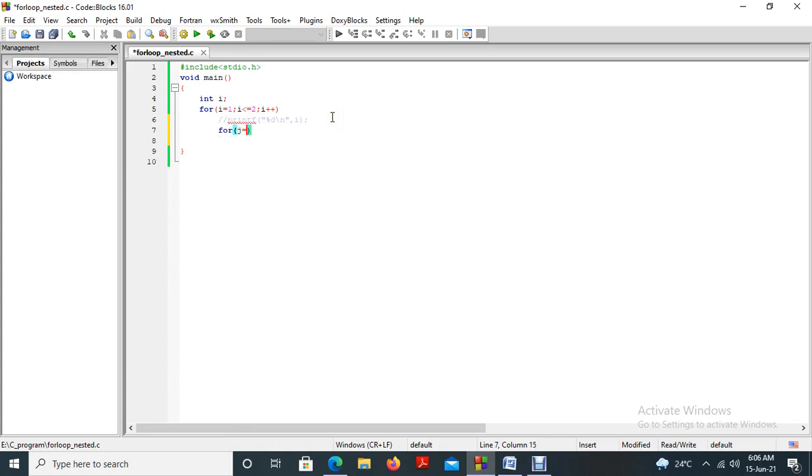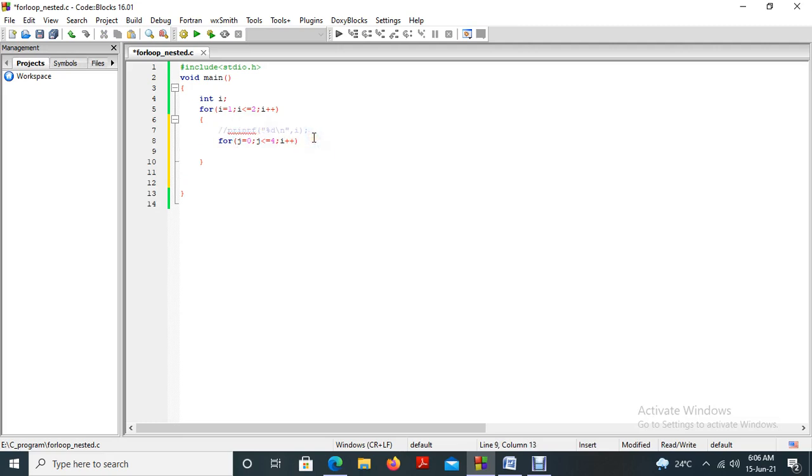j equal to 1, not 1, initially it starts from 0, j less than or equal to 4, j plus plus. So this for loop is inside the true part of this block.